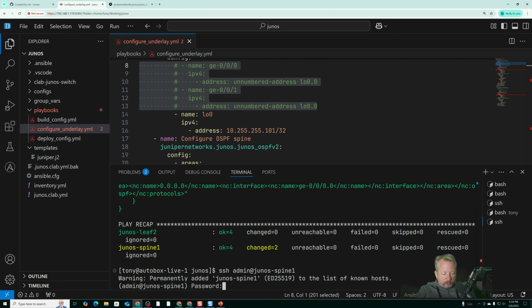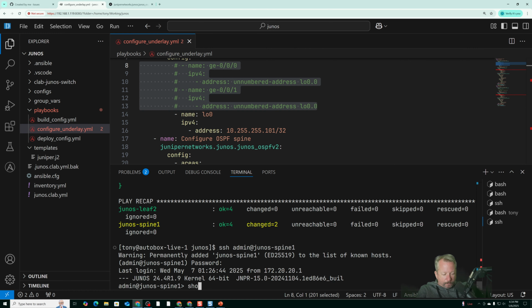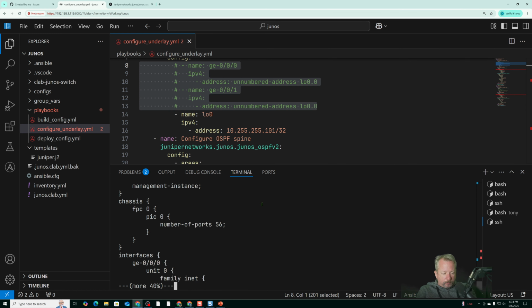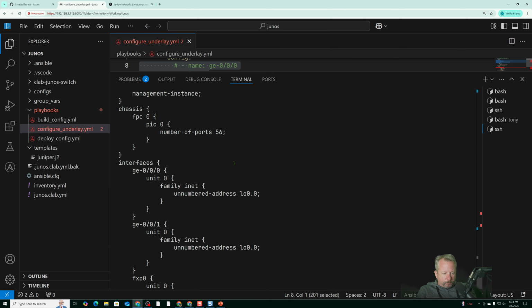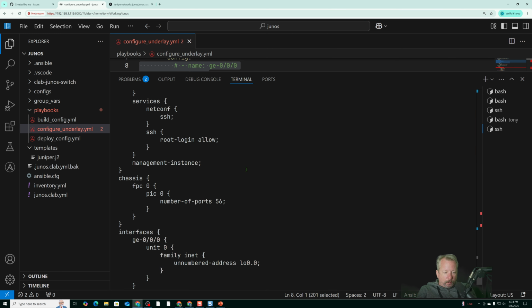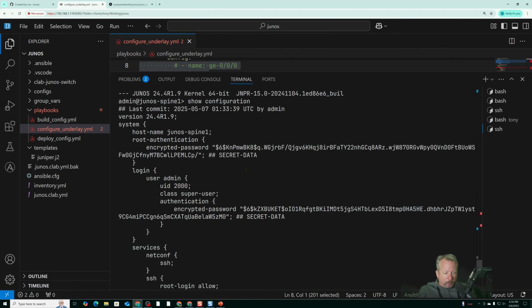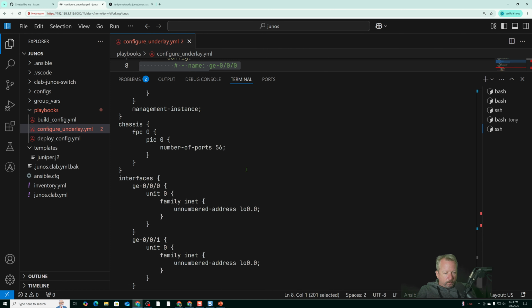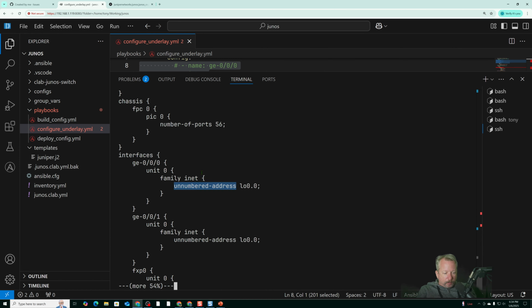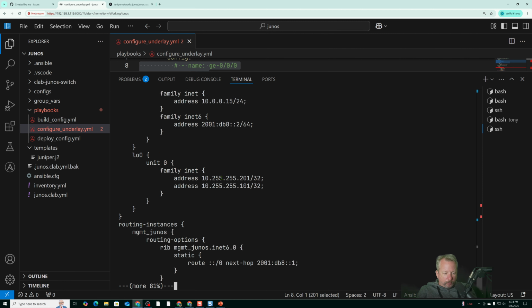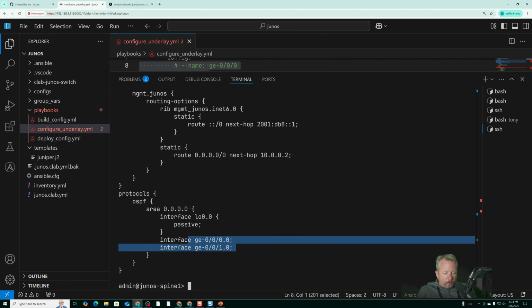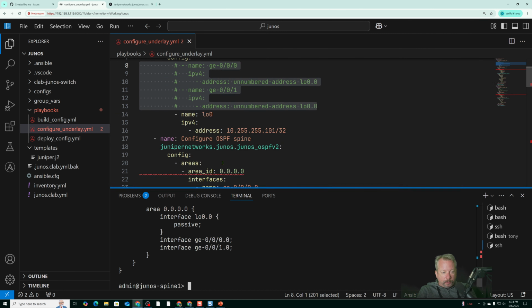So if we go into the spine, we do show config. Wilson helped me out on my last Juniper live stream. You see that we've got, so these were already configured. Yeah, so it didn't even try for P2P. I'll go ahead and try the